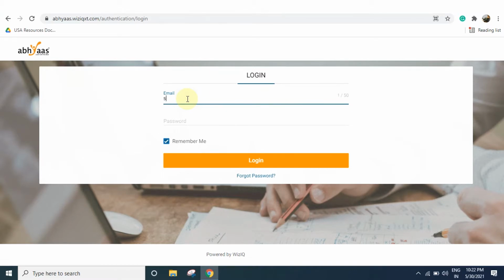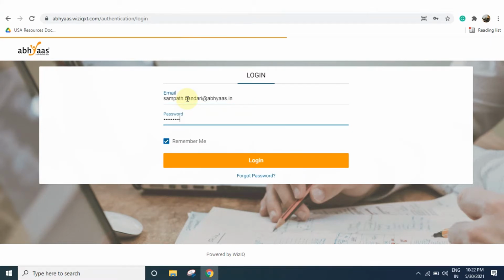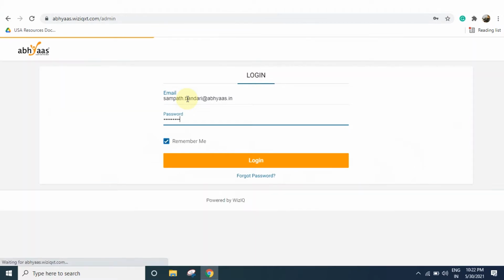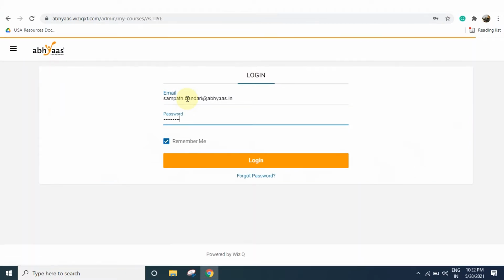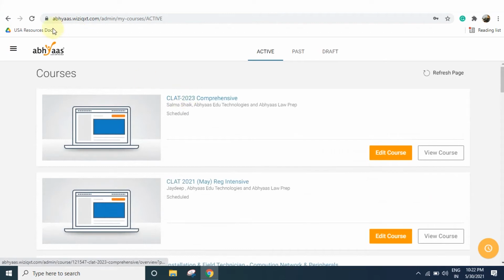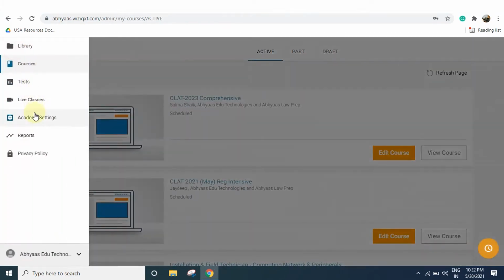I'll help you. Before that, I'm just creating an account on the admin side, a student account. I'm creating a student account here.